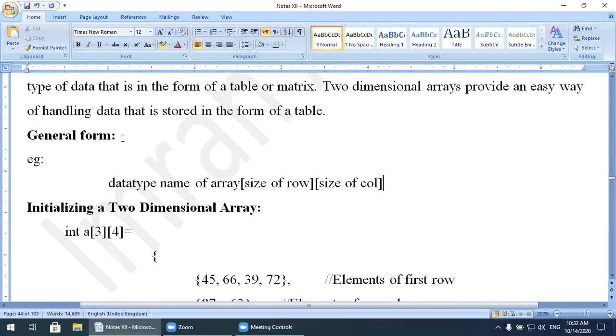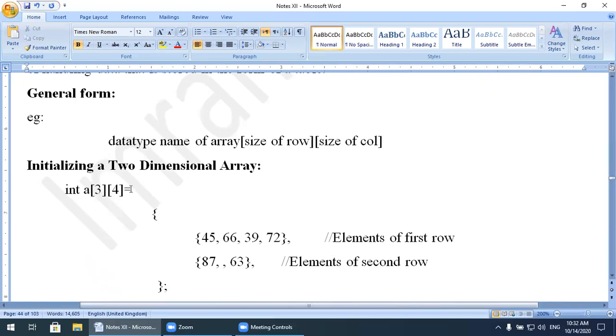In the one-dimensional array, there was only a single dimension. Over here, in the two-dimensional array, we have multiple dimensions. Initialization: how can we initialize it? Int a[3][4], it means this 3 represents the rows and this 4 represents the columns.